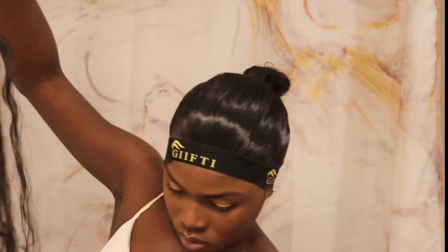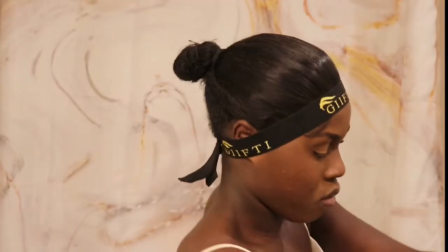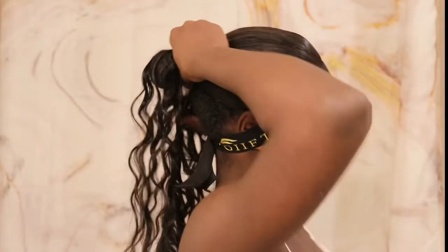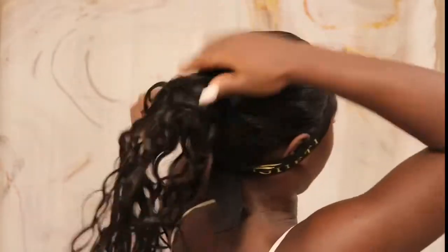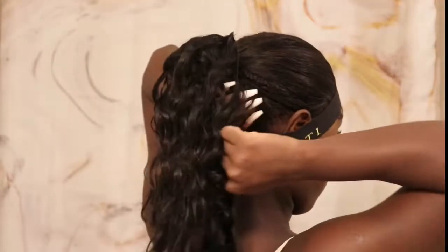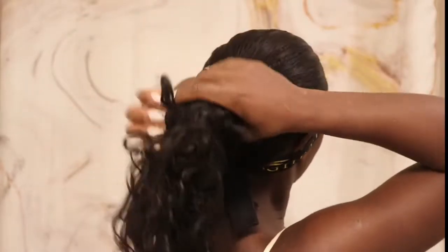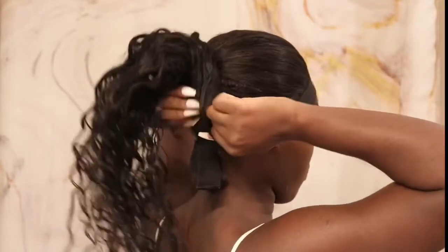Now I'm going to use the Water Wave bundles from gifty.org. I used these bundles in my previous video from my frontal sew-in. Now I'm doing a frontal ponytail with the same set of hair, the frontal and the bundles. I'm going to just simply wrap these tracks around the bun. I'm not gluing, I am not sewing or doing nothing. This is like beginner friendly, easy. You can do yourself. This is a really cute, easy style that you can do using gifty.org water wave bundles